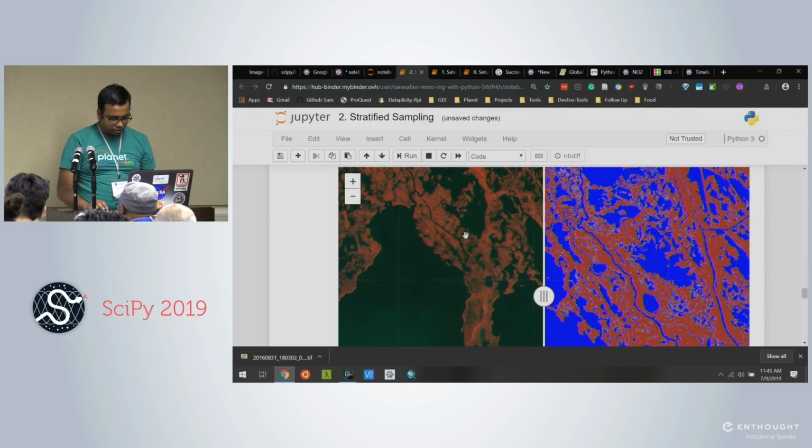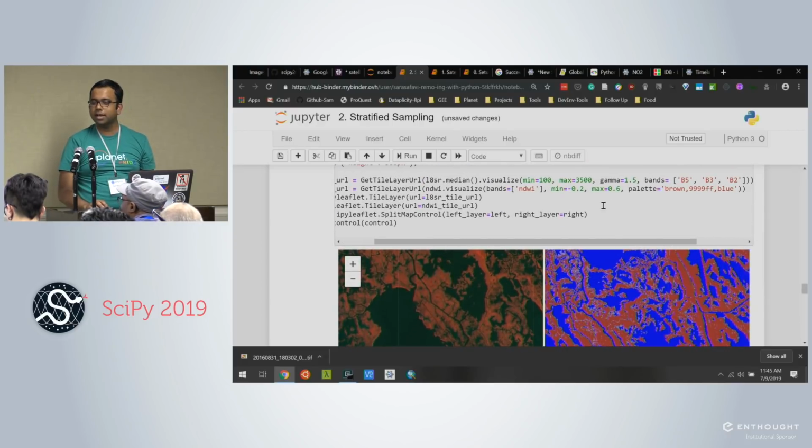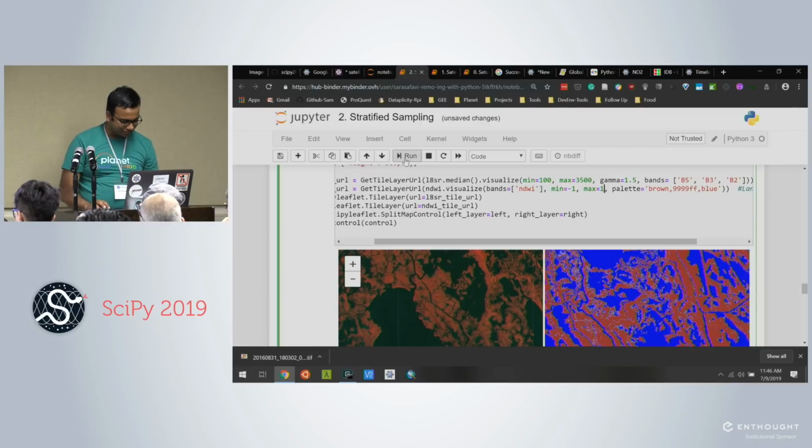Perfect. So I cheated a little bit here. I did the same analysis in the JavaScript and found out what the min-max was. You can totally print out what the min-max is. But I cheated, and it'll look really nice if I visualize it with this min and this max. I looked at it and it was -0.2 to 0.6. I can still give it -1 to +1 and it'll still render, but it'll not look as cool. So if I run that,